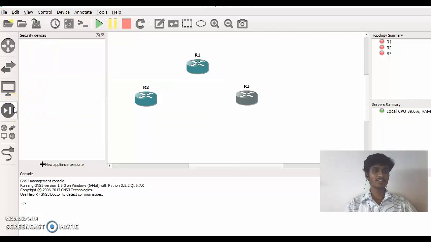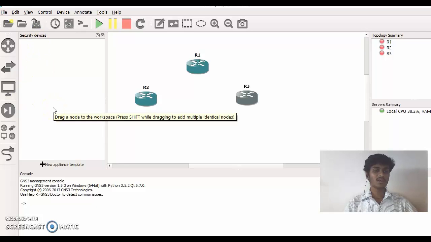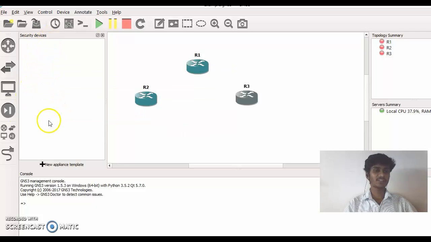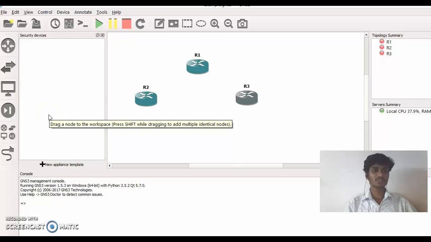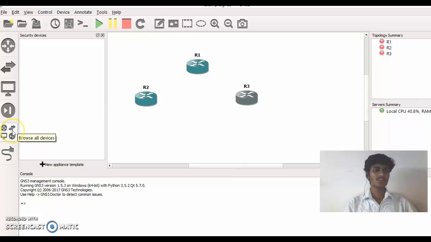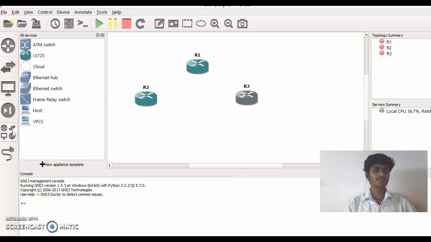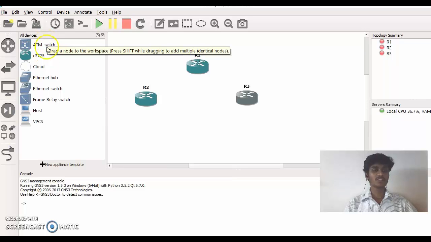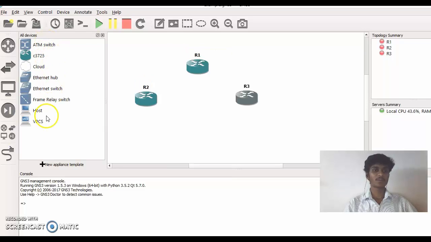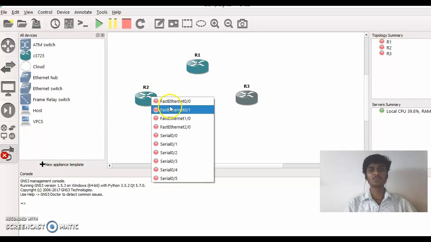And the next tool we have is security devices. Currently, we don't have any security devices. Based on the requirement of the user, we can download and install the security devices. And the next symbol we have here indicates all the devices we have right now in our project. And the next tool is used to connect between the routers or connect between